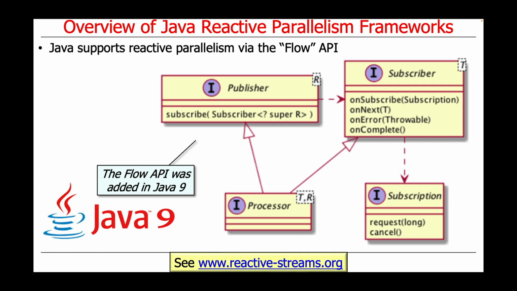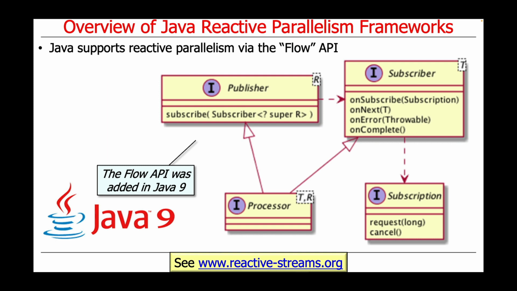Java provided support for reactive programming in Java 9, although it was fairly limited. And it was done through something called the Flow API. And here's what the Flow API looks like. You've got four interfaces that are part of the Flow interface. One is a publisher, which can send data, and it sends data to a subscriber, and the subscriber has ways of being able to handle that data.